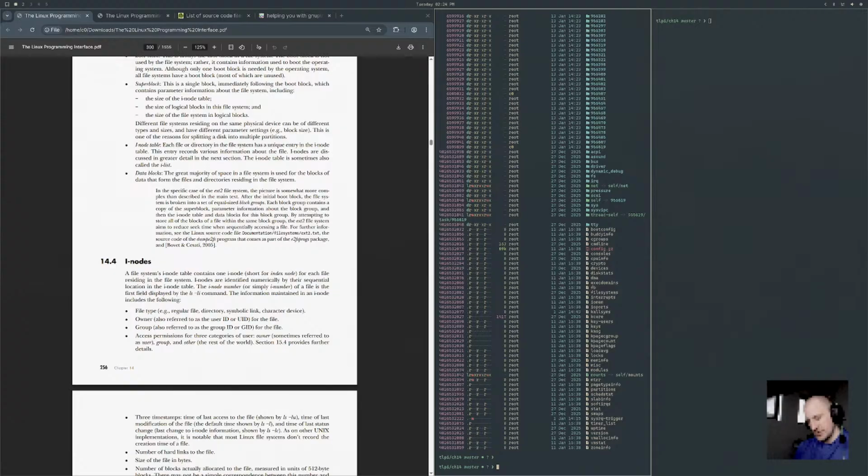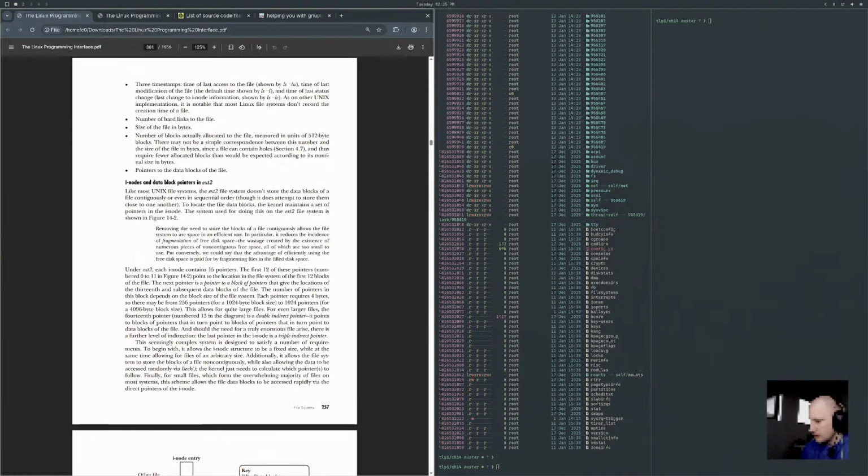The information maintained in an inode includes the following: file type (regular file, directory, symbolic link, character device), owner, group, access permissions. Okay, three timestamps: time of last access of file, time of last modification of file, and time of last status change, that is, last change to inode information.